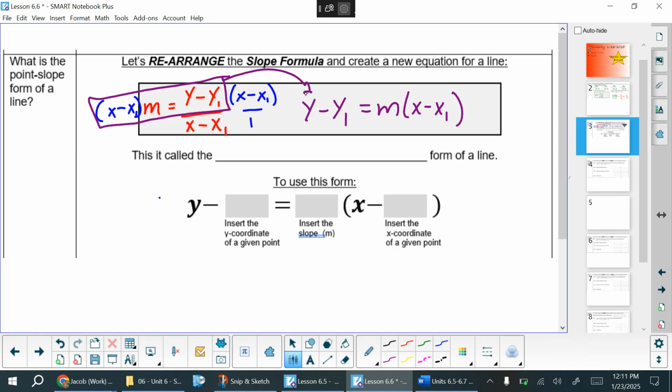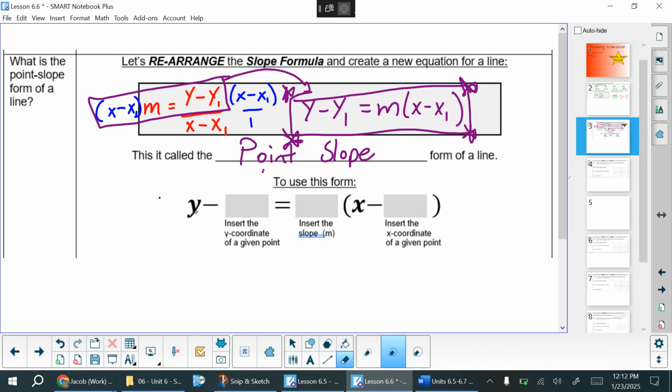And that is our new form there. I'm going to put some stars on that, maybe. And that is called our point slope form of a line. And as you can probably guess here, point slope form is going to tell us the slope, which is still m. m is always going to be slope, and a point on the line. Rather than specifically telling us the intercept, this one tells us a point. And what's happening here is